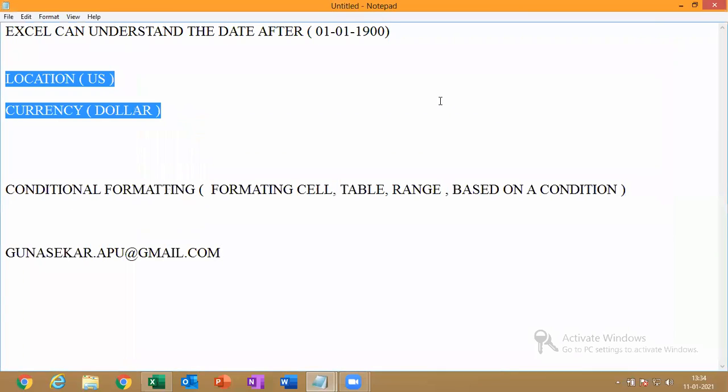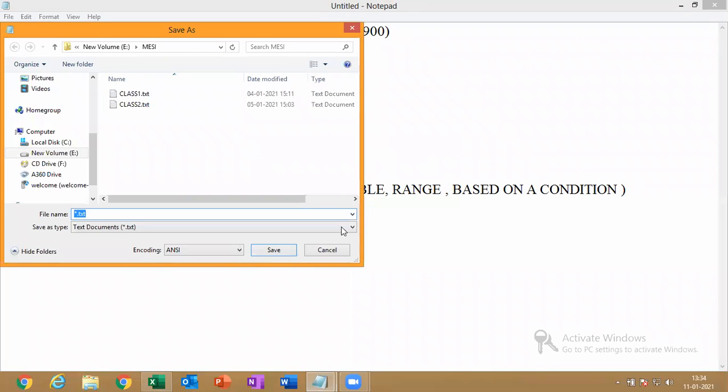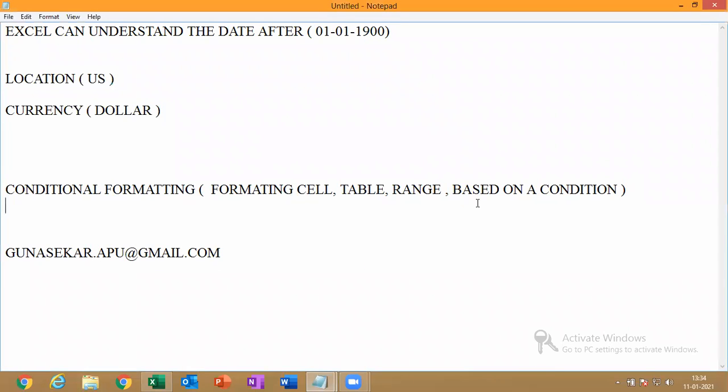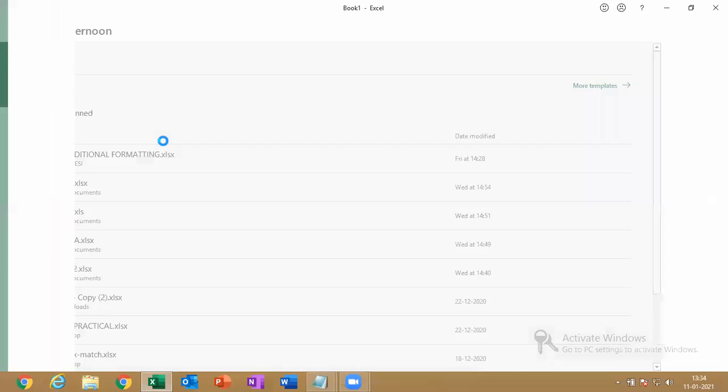Okay. So let's start. Let's start with what we have done in the last class. I think we have completed the conditional formatting, right?